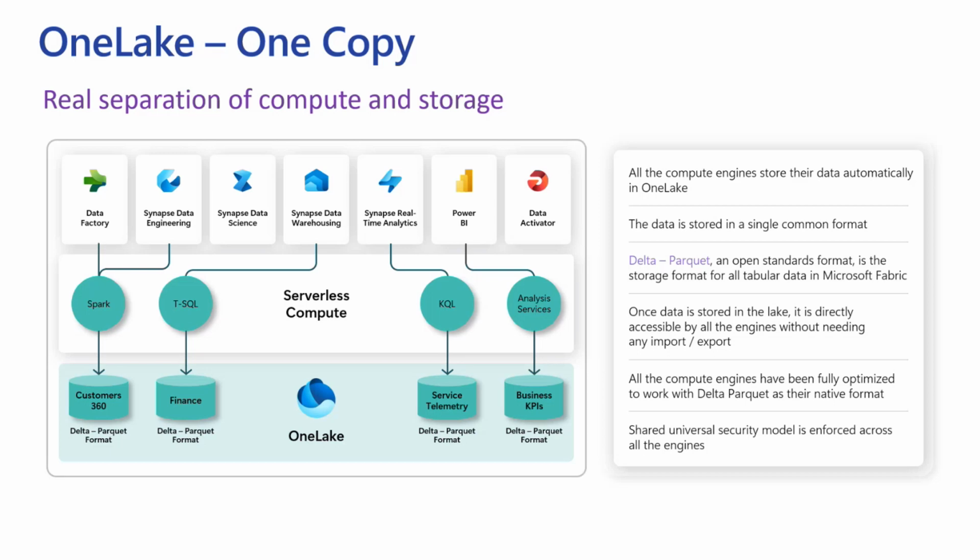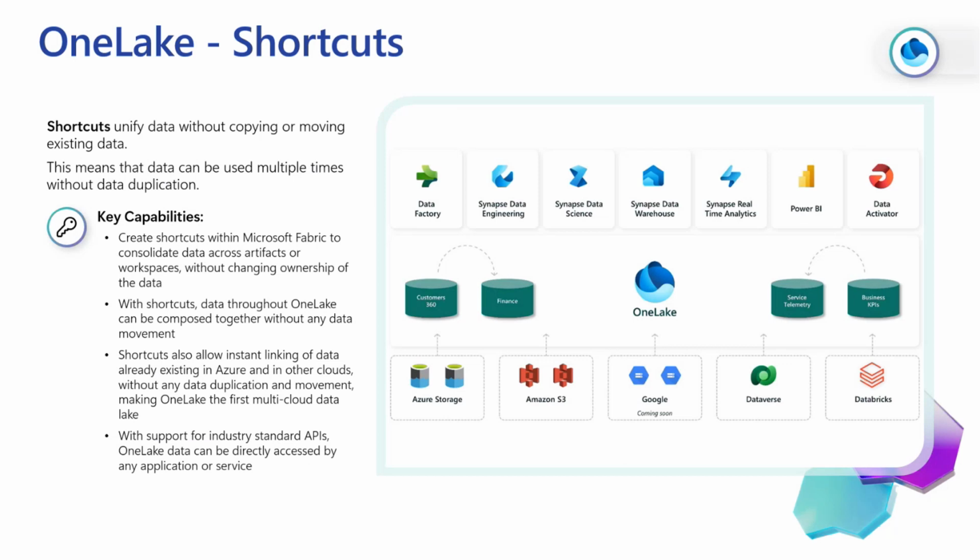But okay, you told me that, Freddie, but what does that mean? How can we actually achieve this one-copy thing and decrease the data movement? And that is through shortcuts. Long story short, shortcuts are symbolic links, like for those that are from the Unix world, where we are creating logical or physical links to query or access the data as if it were locally